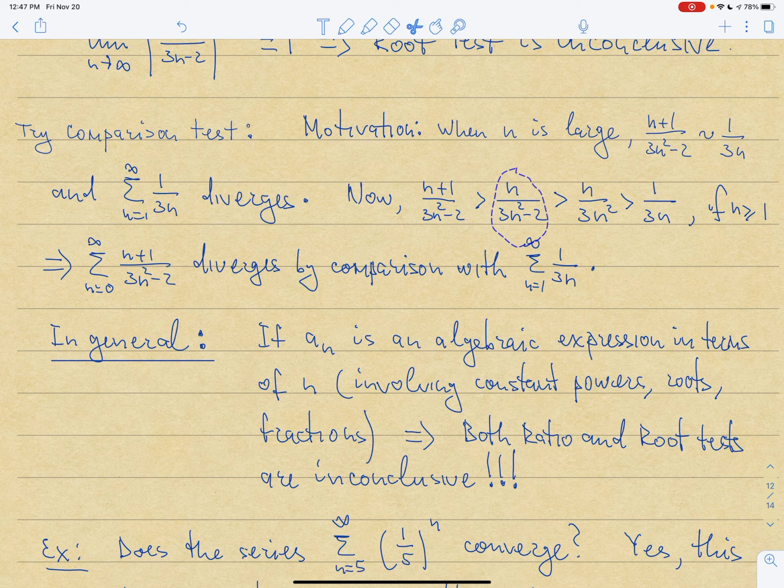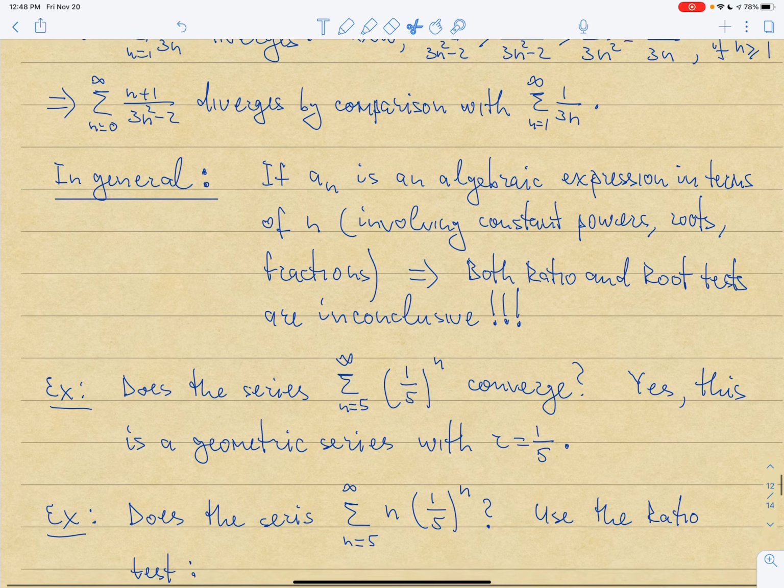If I remove minus 2 from the denominator, I'm going to make the denominator bigger, so the ratio will become smaller. And n over 3n squared, I can cancel 1 of the n's, and this will give me 1 over 3n. So 1 over 3n is a divergent series, so my series is term-wise bigger than 1 over 3n, so then it must diverge as